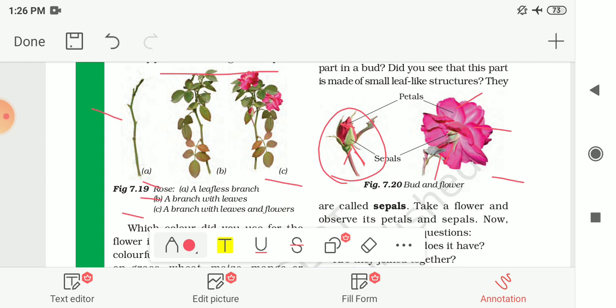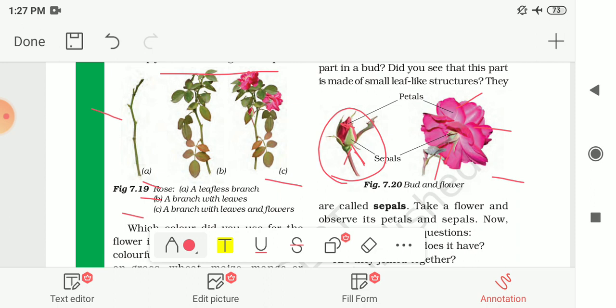Now answer the following questions. How many sepals does it have? Are they joined together or separate from each other? What are the colors of the petals and sepals? How many petals does this flower have? Are they joined to one another or separate from each other? And do flowers with joined sepals have petals that are separate or also joined together? You have to answer these questions from the flower you have picked for the experiment, and then fill this information in the table given to you, Table 7.3.